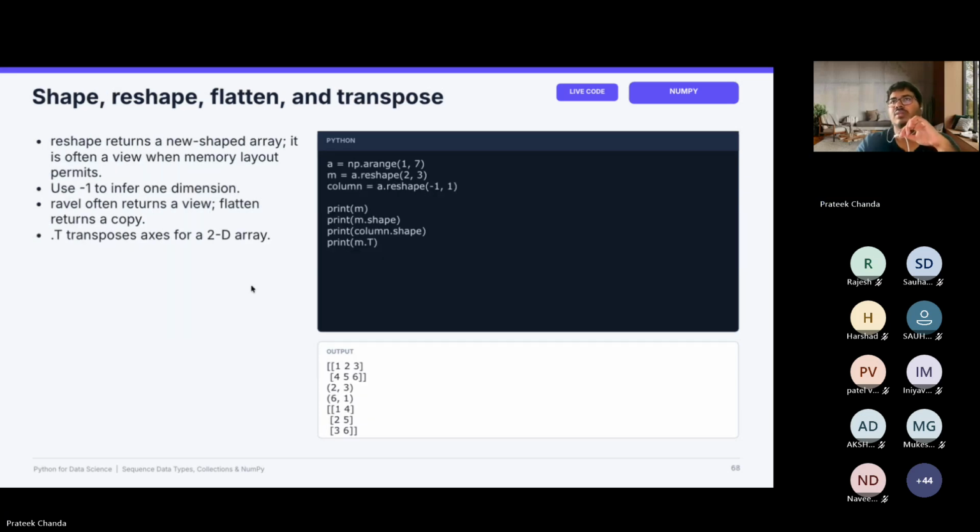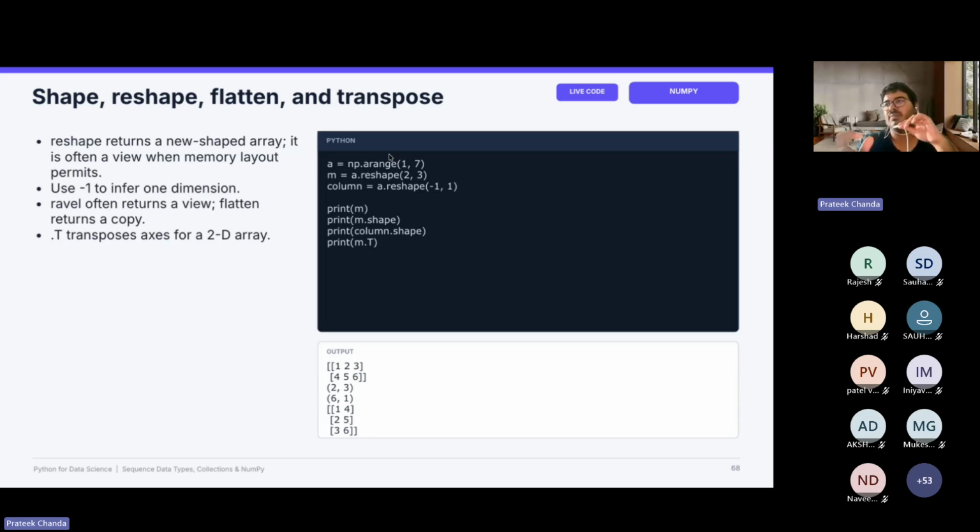There are also other things, like if you want to change the shape of the array, how do you change that? For example, you already created an array of, let's say, 2 cross 3. How do you change it to 3 cross 2? You can reshape those things. So for example, here we have np.arange 1 to 7.